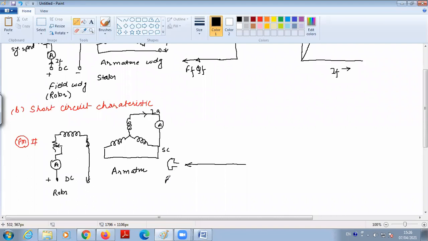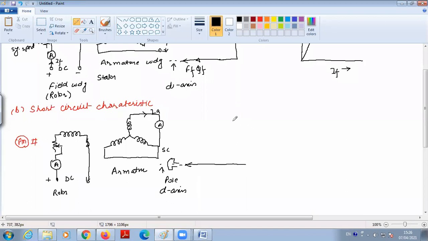I'm just giving each and everything. So we will represent it is on the direct axis, pole axis. This is also on the pole. In the previous case also, this is the direct axis. So direct axis means that whatever the field flux, it is always in the direct axis or pole axis.